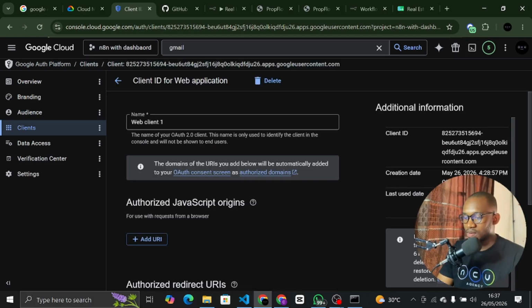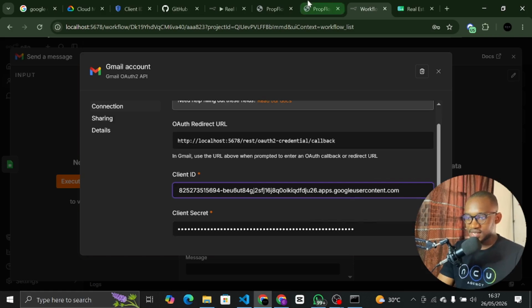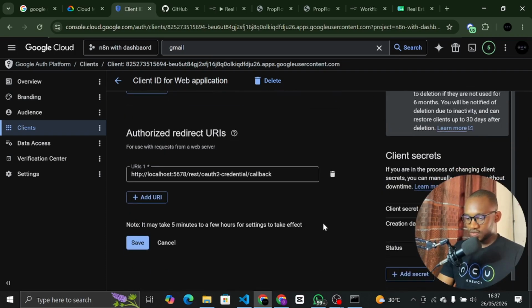Okay, the web client one, so you just copy this one, right? That's the client ID. Go back to your workflow, client ID, put it here. Now the client secrets, remember the client secrets we did, so make sure you save it. Okay, you can copy the client secrets here. So we've copied it, then go back to your workflow,